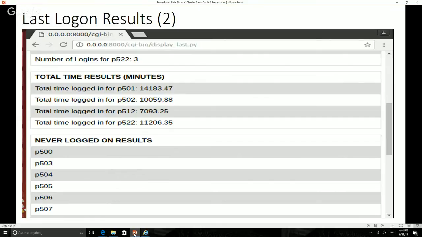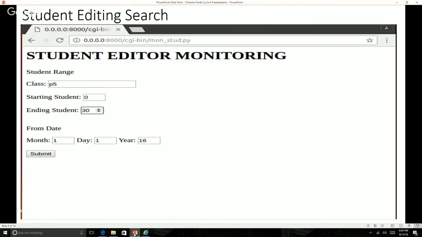And also, the never logged on at the end. I show all the users that did not log in. So those users do not exist in my virtual machine. Okay. Also now, the next screen is to search for students